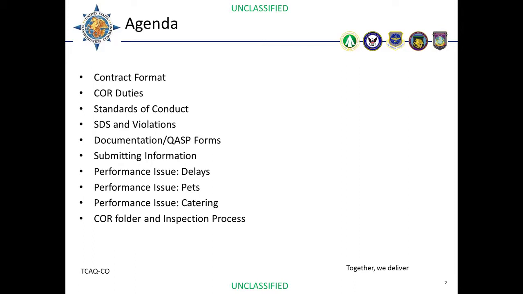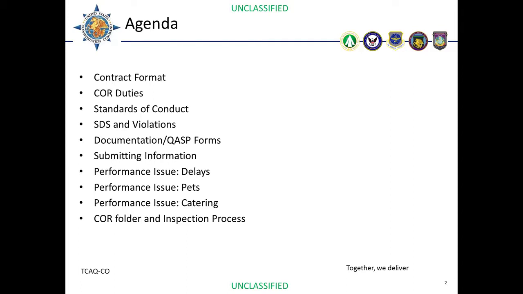The agenda for this training will cover important topics such as the contract format and why it's written the way it is, the duties required by you as a COR assigned to the CRAF contract, the standards of conduct you must maintain while performing your duties, the guiding principles of service delivery summaries and using them for performance violations, the documentation and tools used to perform your job, submitting the documentation to our office for adjudication,